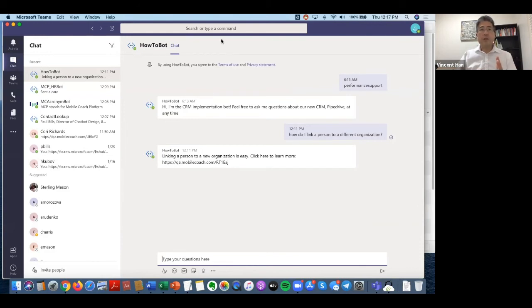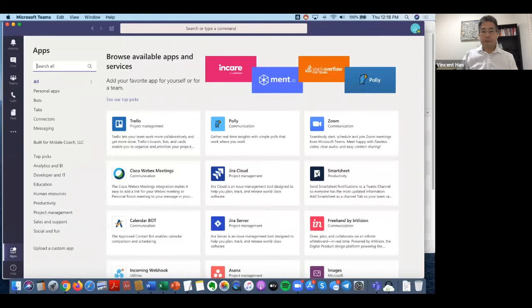There is another way to do it. The second way is a little bit more technical, and it's called creating a manifest file. We have this included in our job aid, but basically you go into Azure and there's a step-by-step process to export some code that gets put into a zip file. And if I go into Teams and I click on apps down here at the bottom,